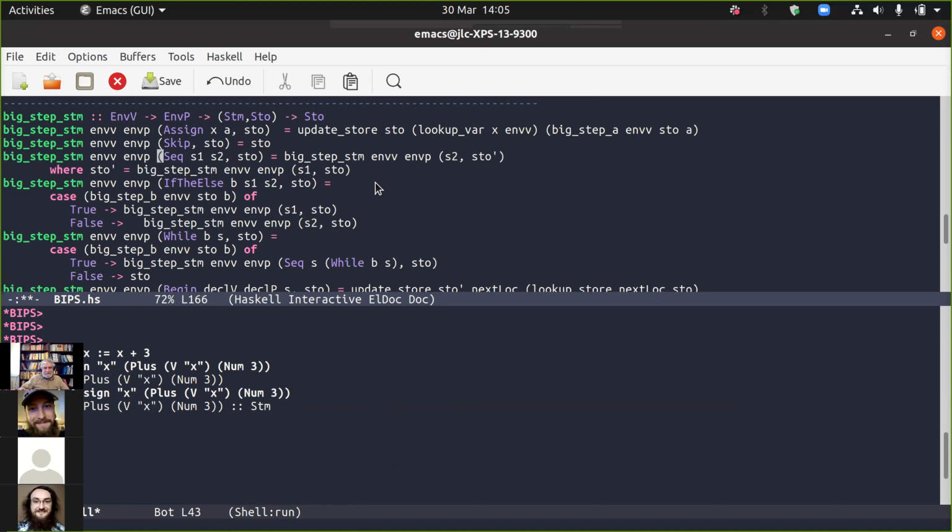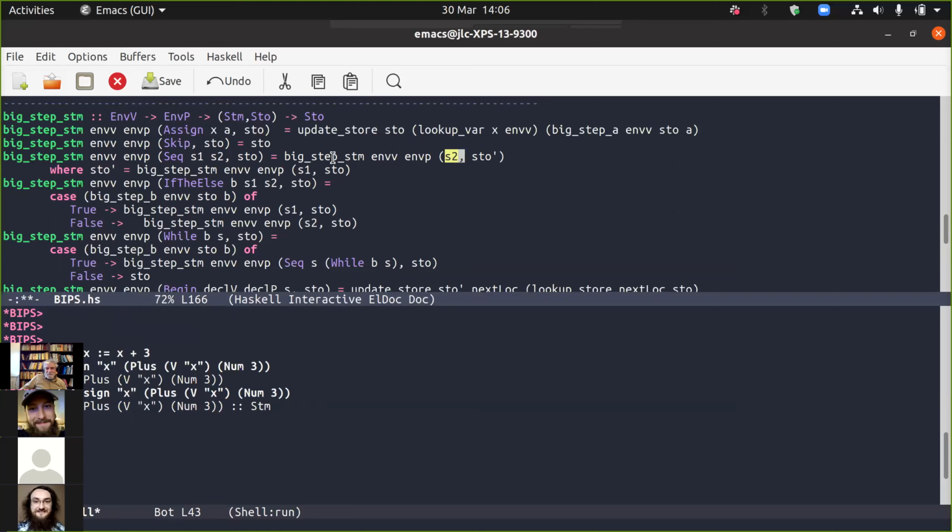So I say, okay, look, I want to evaluate S1 semicolon S2. That's the seq constructor. We're sequencing these two statements so that S1 is evaluated first and then S2 gets evaluated. So what do we do? Well, we go down here and we say, okay, use these environments and evaluate S1 in the store that we have at the current time when we see this sequencing statement. We evaluate that, and that gives us back a new store. And then the answer is, okay, and now evaluate S2